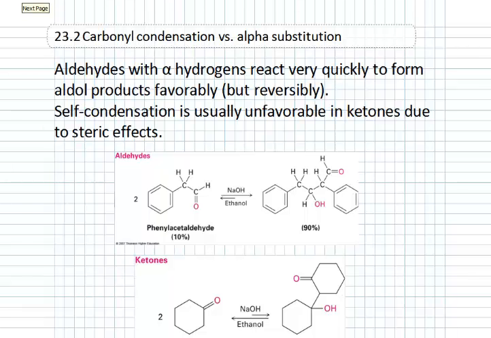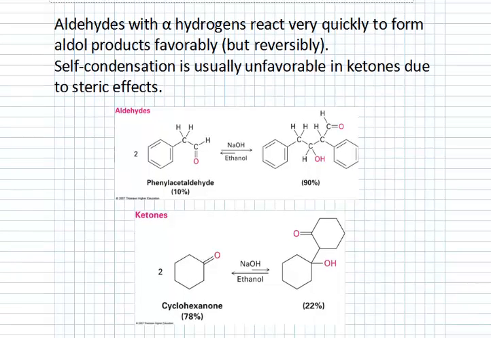In the last chapter, we had alpha substitution reactions, where with a base, we made an enolate and then alkylated at the alpha position, right? Let's compare what happens here. With aldehydes, pretty much most aldehydes will very favorably react with catalytic base to produce a majority of the